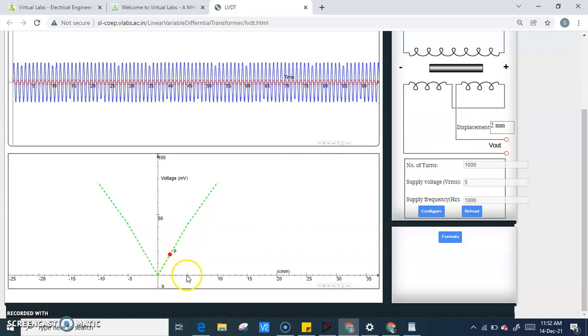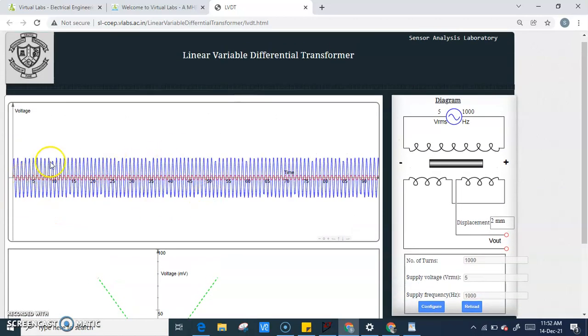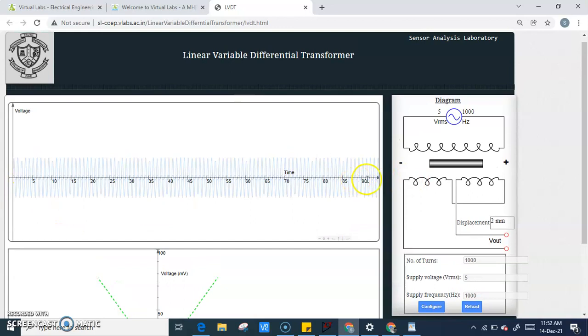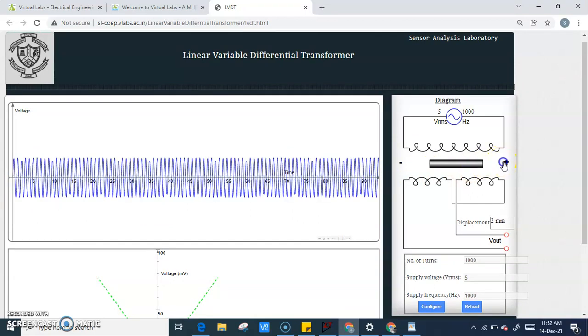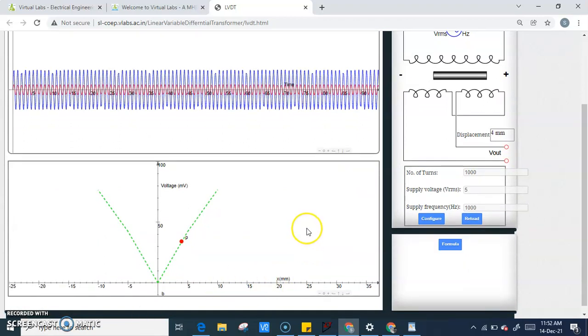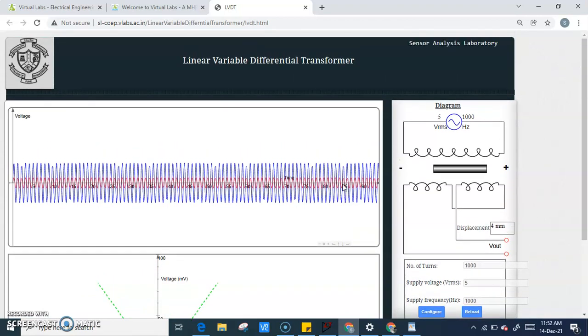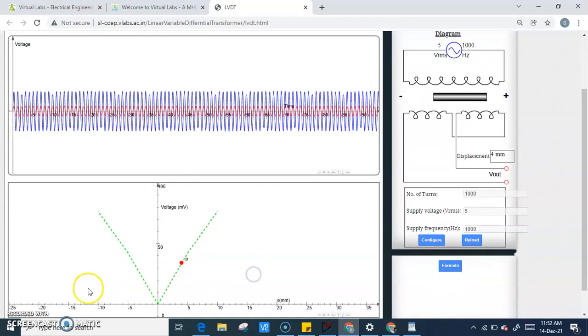Over the range of displacement the voltage values will vary. Here you can see the graph of voltage, and the displacement also varies. So just make a note of it, note down the points, at what displacement what voltage we are getting, and this is the graph of LVDT. This is the experiment of LVDT. As it is very simple, you can easily do it. Thank you.